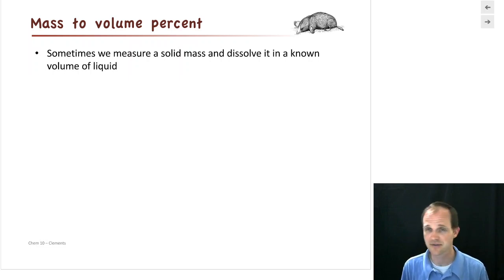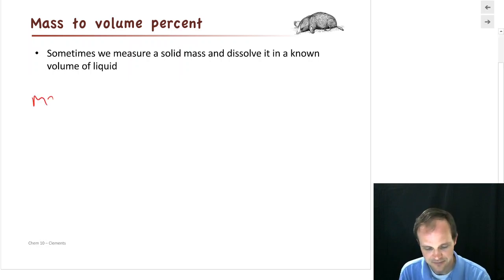We could convert between the two, but sometimes it's actually difficult to do unless you have the right data. And so people made another set of units because they can, and they made one called mass to volume percent. And mass to volume percent